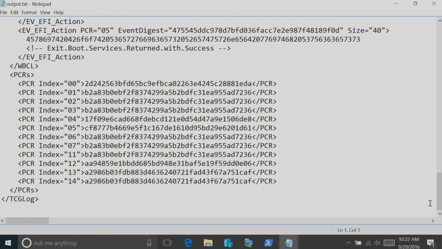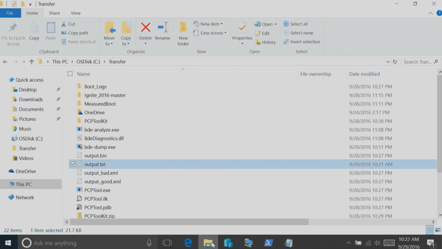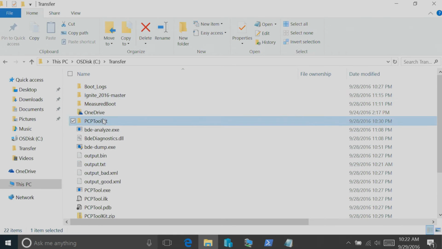But I will tell you that some of these PCR registers are supposed to change every time, okay? Especially like number 12, things like that. So if your computer is looking and you go figure out that it's going for 0, 2, 4, and 7. Actually, it's 2, 4, 7, 11. If you see that and you see number 2 changing, number 4 changing, and you were to correlate that back with the PDF file that they give you,